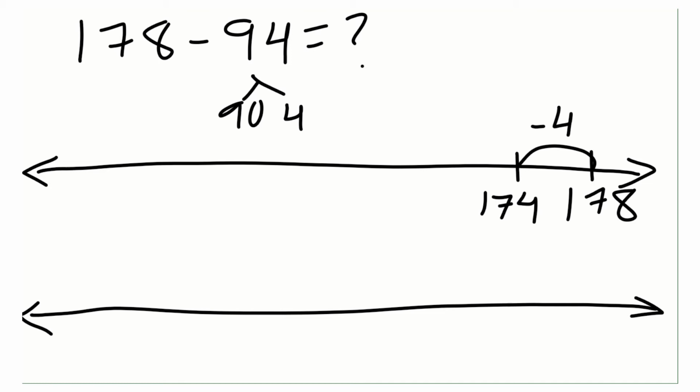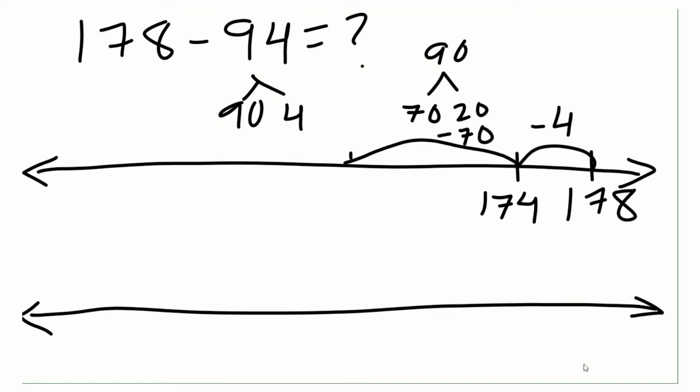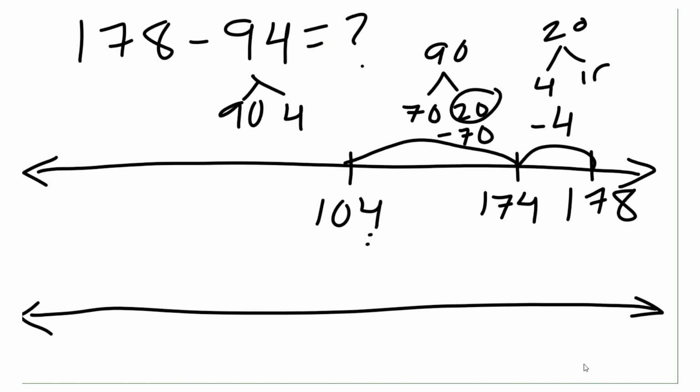Well, I might think to myself, well, 90 can be made up by 70 and 20. Okay, so I'm going to subtract 70. I'm going to make a big old jump. Minus 70. And now 174 minus 70 is 104. Now I still have this 20 to subtract, so I'm going to do it a little bit at a time. I'm going to say, okay, well 20 is made up of 4, so I see that 4 in my ones place, and 16. So I'll subtract 4 again,